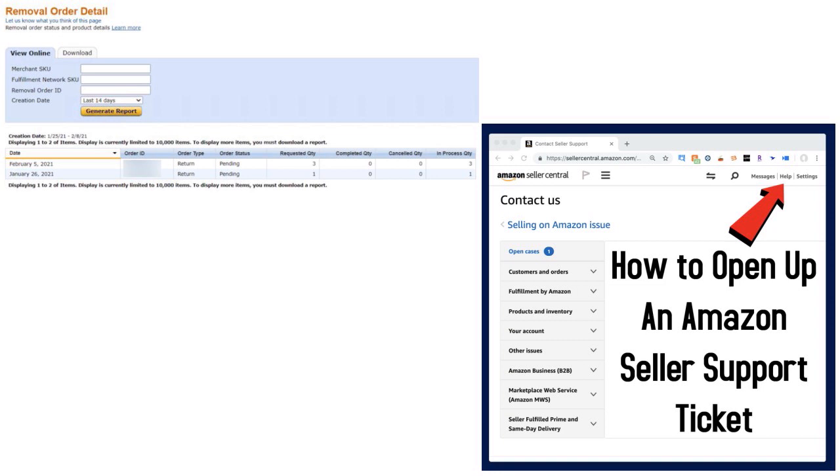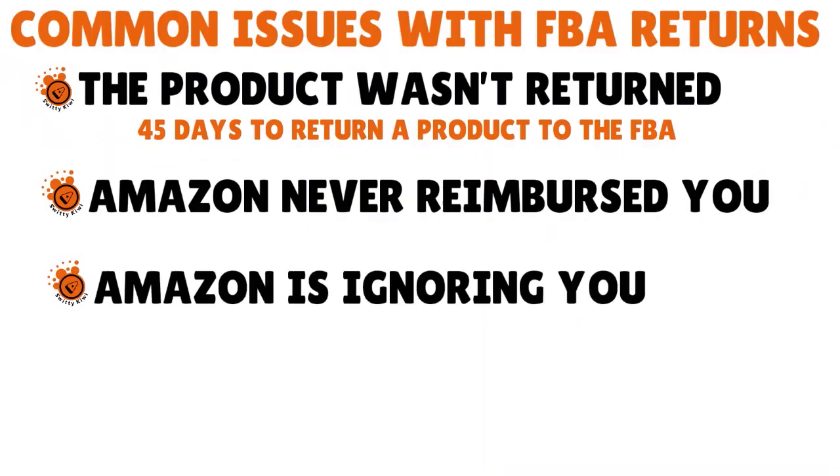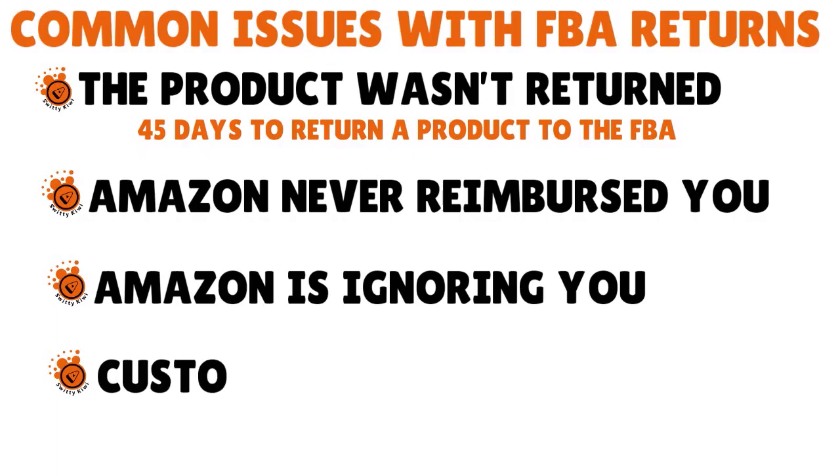The third issue, which can be a serious problem, is that Amazon is ignoring you, and this could be a big problem. I've said this before: Amazon is an online behemoth. They are a large platform, and sometimes they have a lot of clients and a lot of customers calling, and you might feel like, wow, they are ignoring you. We would like to think that Amazon will never ignore you, but it is possible that delays or lost communication can contribute to a return not being resolved, and you also might have a customer returning